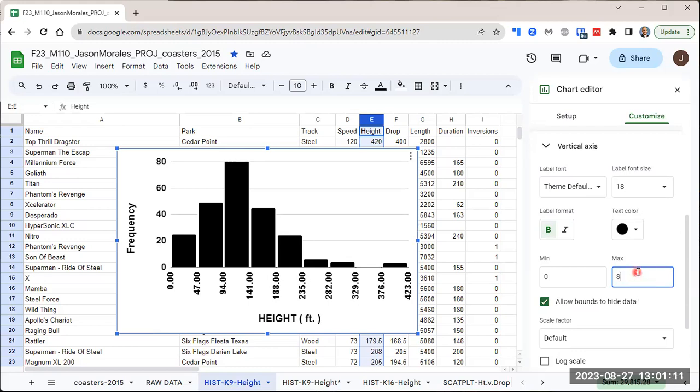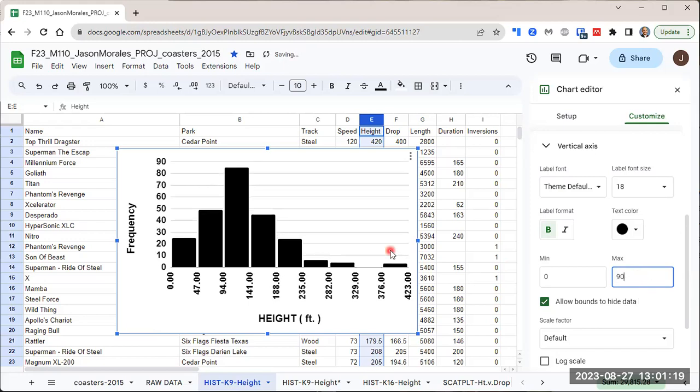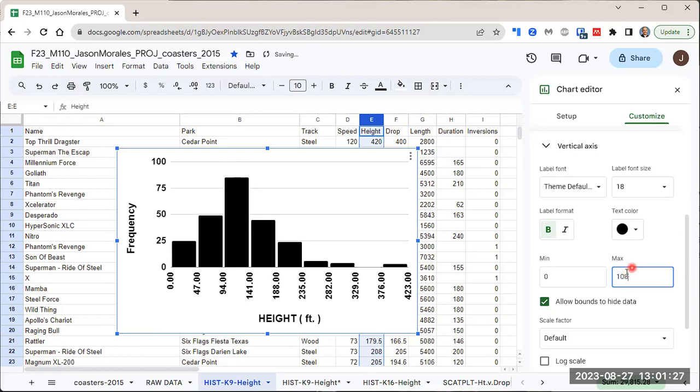So maybe 85 would be, oh, not even 85 is good. Let's try 90. Okay, so 90 could work, but 100 is a really nice round number versus 90. Okay, so I'm going to make that 100, and where it says allow bounds to hide data,